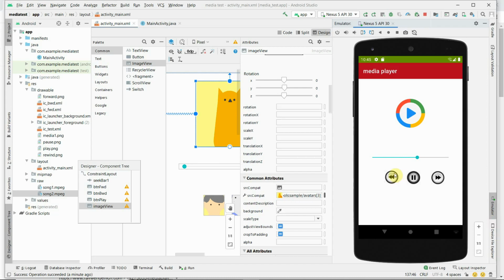Like this you can play this program, and this is the image displayed. This is a seek bar by which you can control the song, and you can also use the forward and rewind buttons. You can pause. The song is paused. Once again, if you click on the play button, it continues playing. This is how the program works.